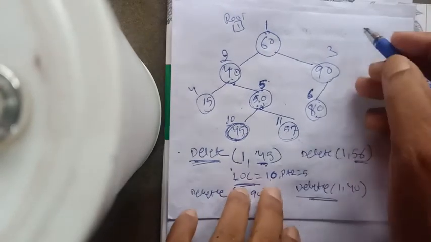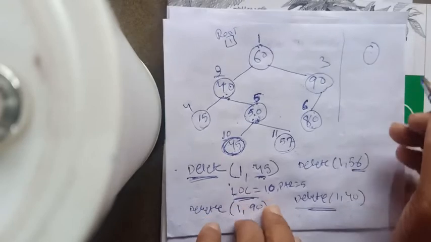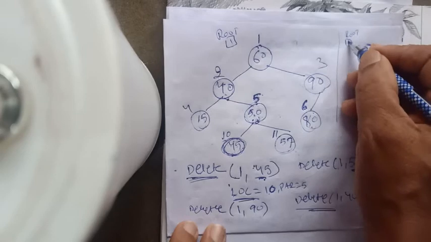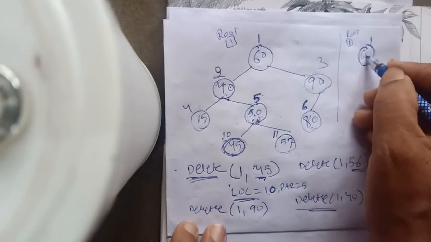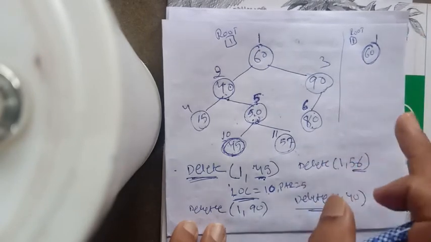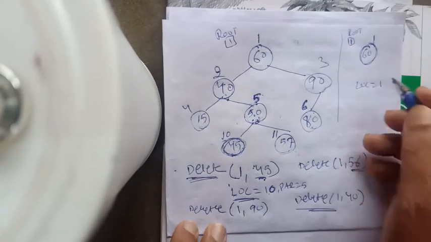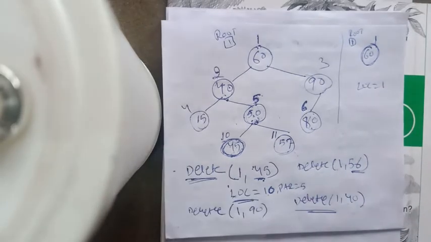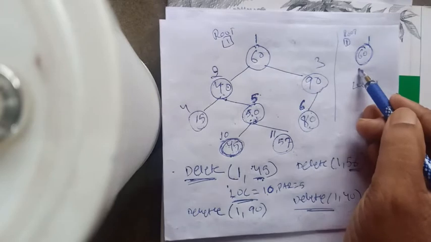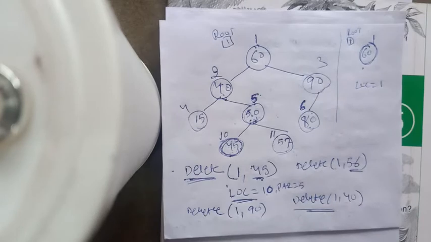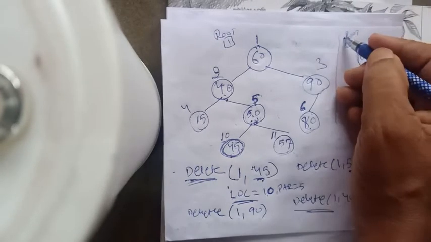Suppose in a tree we just have a single node, only one node. So root is 1, and it contains 60. There is no other node and we want to remove 60. So now LOC should be 1. Here LOC is 1. And what is the parent of LOC? No one. So if there is no parent of the node that you want to remove, then that node itself is the root node. And if you remove that node, the tree will be empty, the tree will be destroyed. So the variable root should contain null.